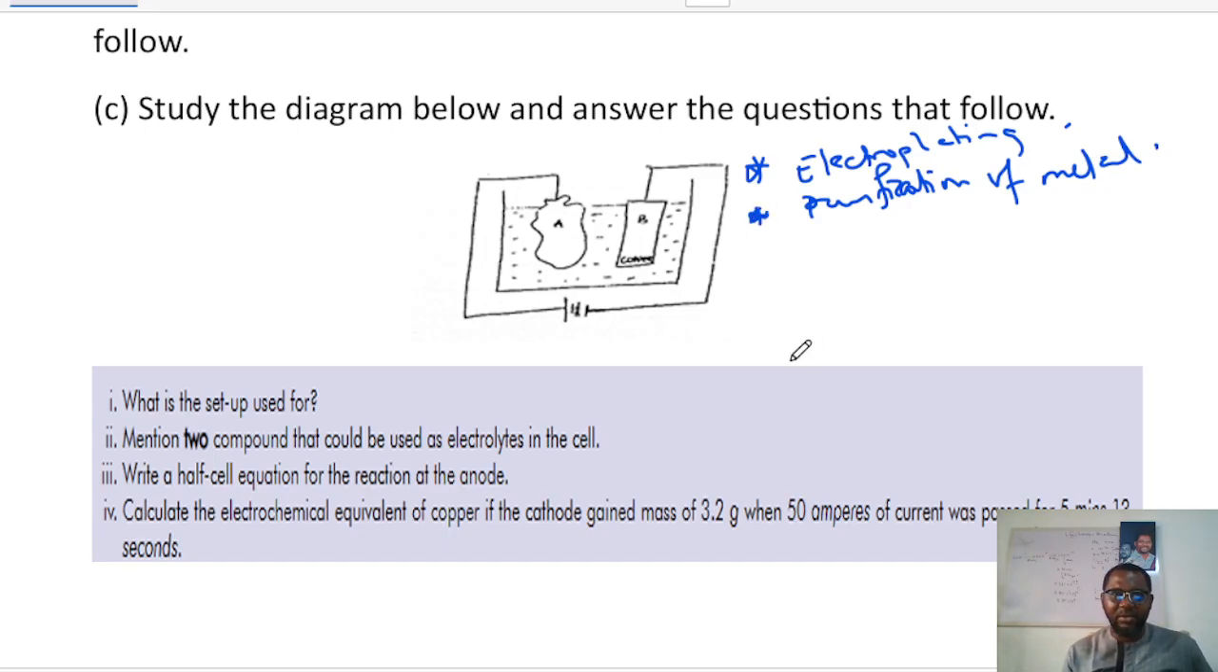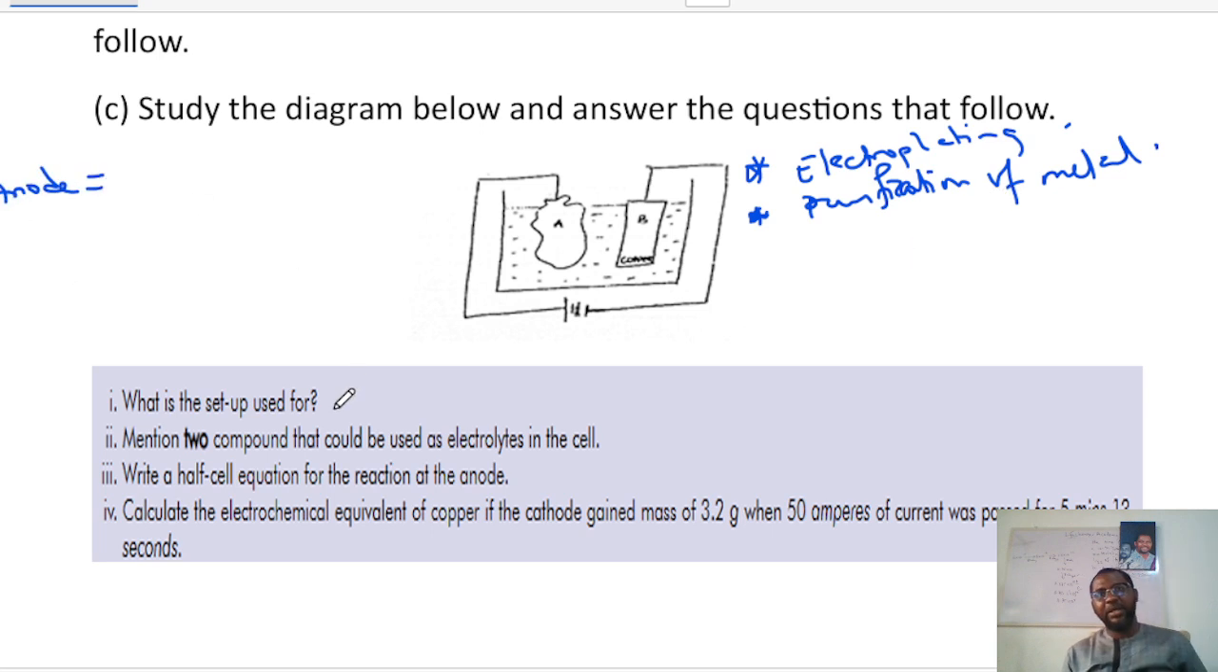That's how it's done. Okay, very important, especially seeing that one looks a little rough, and that's important for you to note. Now the next one says, mention two compounds that can be used as electrolyte in the cell. Now this, anytime electrolysis is used for electroplating or purification of metal, two conditions you must note. The first condition is that the